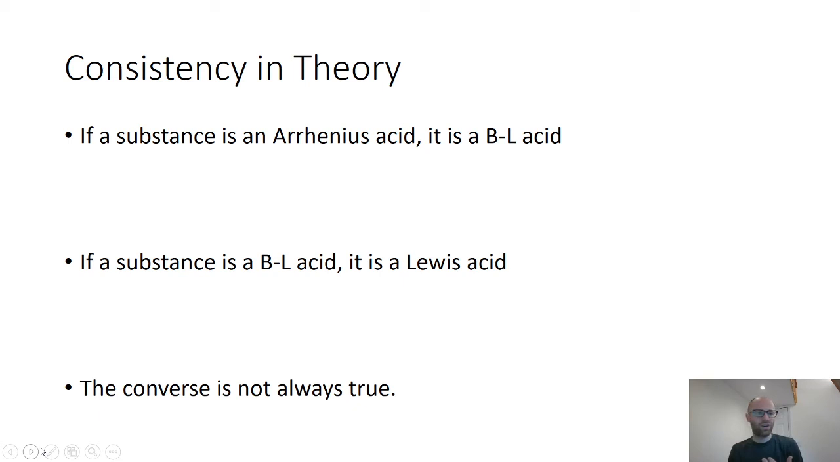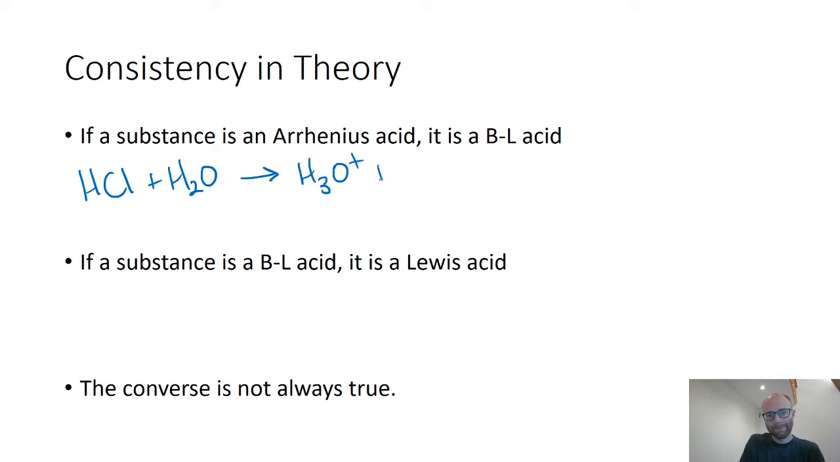There is a hierarchy of these theories. If a substance is an Arrhenius acid, then it is a Bronsted-Lowry acid. When hydrogen chloride dissolves in water, hydronium is the only positive ion in solution, the Arrhenius definition, and the HCl donated an H plus to H3O plus. So it is acting as a Bronsted-Lowry acid. If a substance is a Bronsted-Lowry acid, it is a Lewis acid. Well,